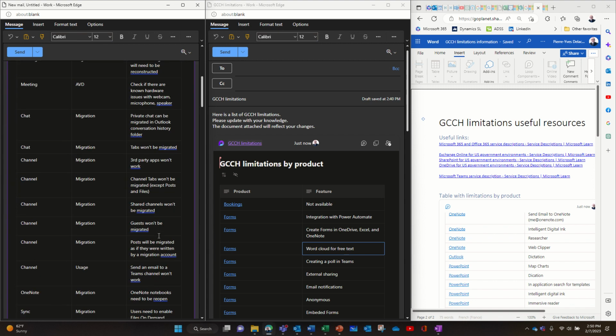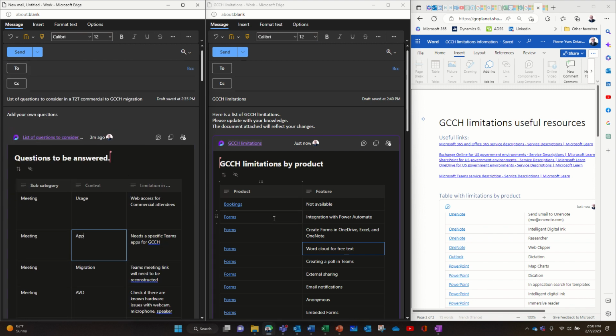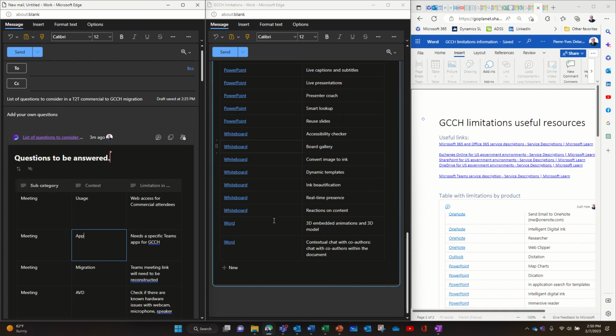Let me see what I can add here. So I'm gonna go there because I know that there's a section I don't have. So I'm gonna add a new line. I'm gonna call it Power Platform, and